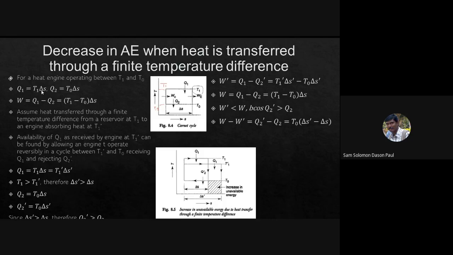So this delta S, when we did it in entropy, we said delta S is Q1 divided by T1. We said this is the heat supply from the source divided by the source temperature. So that was your delta S1. We did that when we talked about entropy. Similarly, delta S on the sink side would be